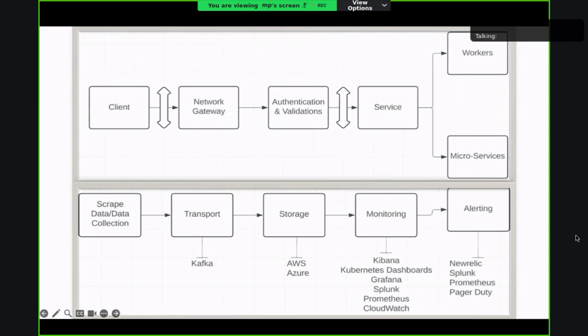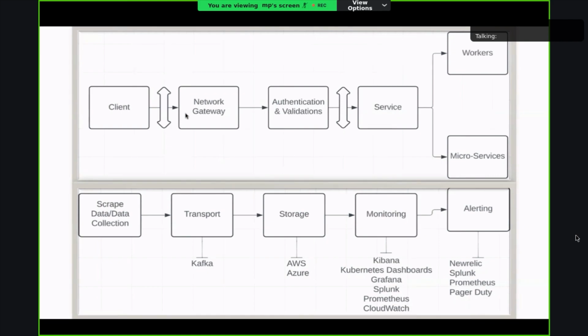First the data collection, or scraping, is done, and then we have the transportation part. In that case we have different toolkits; in our case we use Kafka.